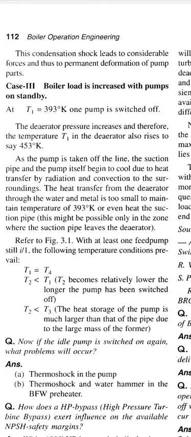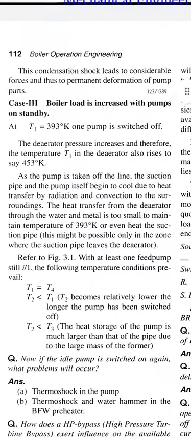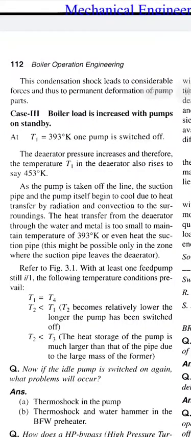This is page number 112. Case 3. Boiler load is increased with pumps on standby. At T1 equal to 393 degree Kelvin, one pump is switched off. The deaerator pressure increases and therefore the temperature T1 in the deaerator also rises to say 450 degree Kelvin, 453